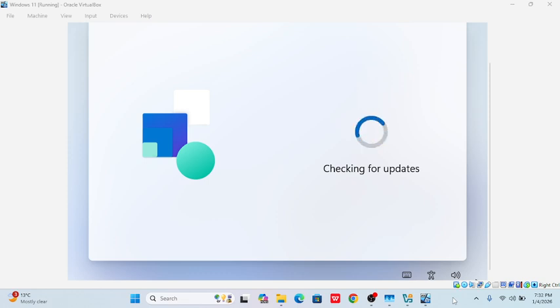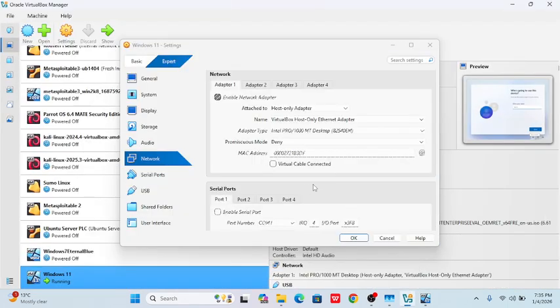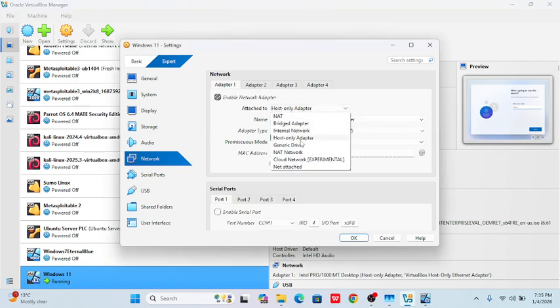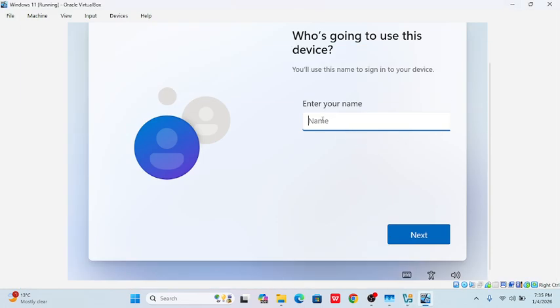I'll pause the video again. Okay, so what I did, guys, was I think you should use the unattended installation and give your username and password so that it doesn't check for updates, and change the network to host only. So what I did was, while it was checking for update, I quickly changed from NAT to host only. Then the internet connectivity was broken, and then I was able to see this screen as soon as possible. Otherwise it would take me more time. So it's up to you. So now we are going to